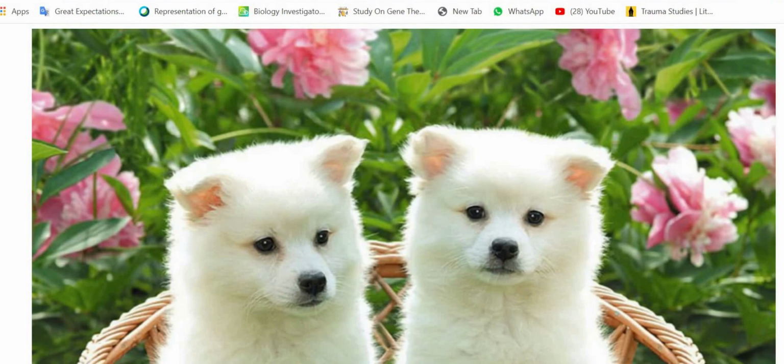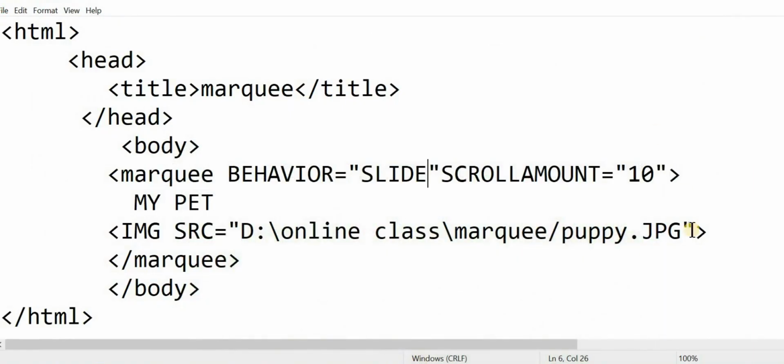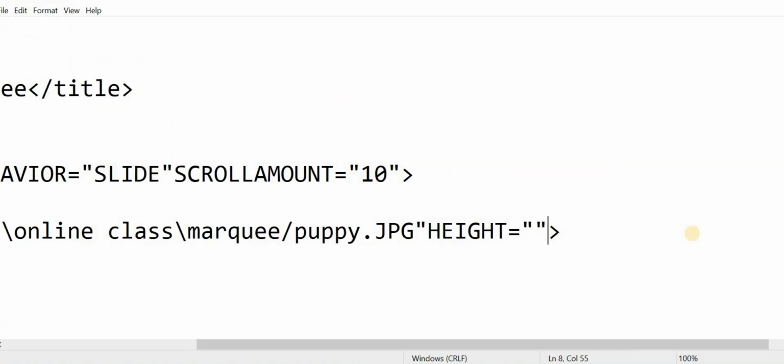We can reduce the size of the image. So for that, here inside the image tag, not in marquee, inside the image tag we can adjust the size of the picture. So for that attribute we are using height is equal to, I am giving height as 200 and width I am giving width as 200.